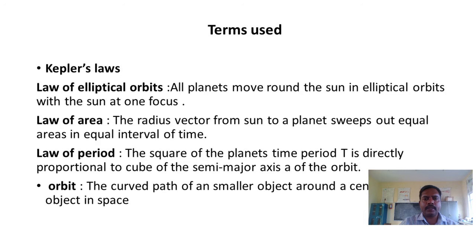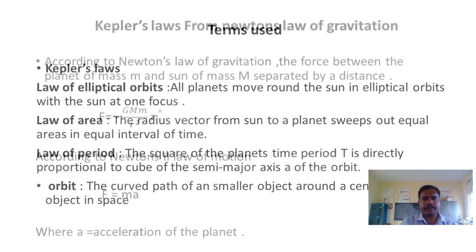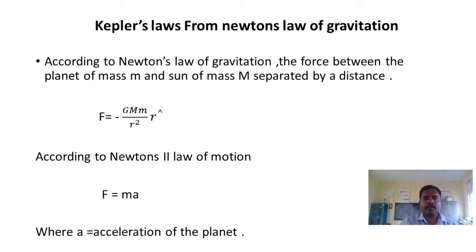Orbit: the curved path of a smaller object around a center object in space. Kepler's laws from Newton's law of gravitation. According to Newton's law of gravitation, the force between a planet of mass m and the sun of mass capital M, separated by distance r, is given by F equals minus G M m by r square into the unit vector. According to Newton's second law of motion, F equals m a, where a is the acceleration